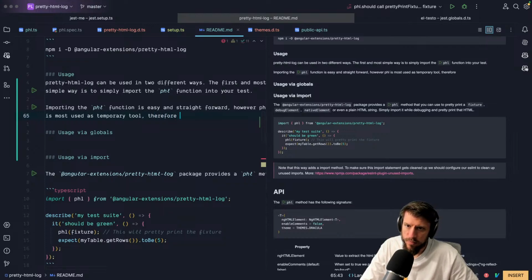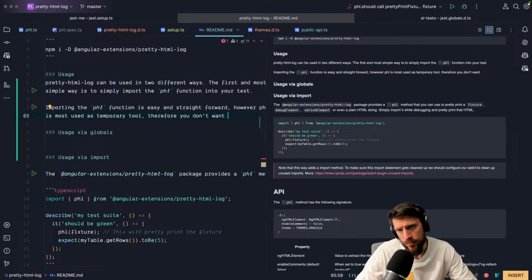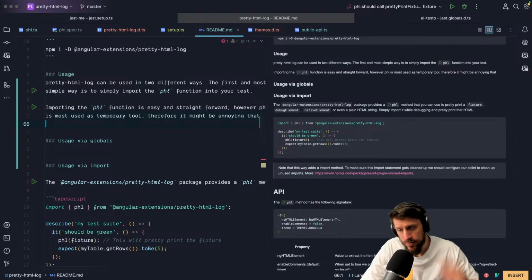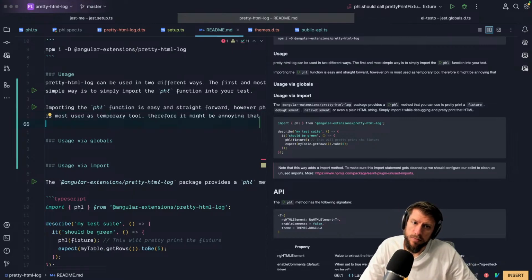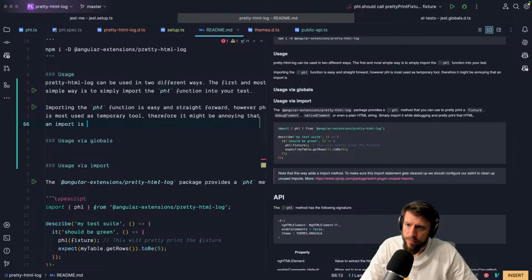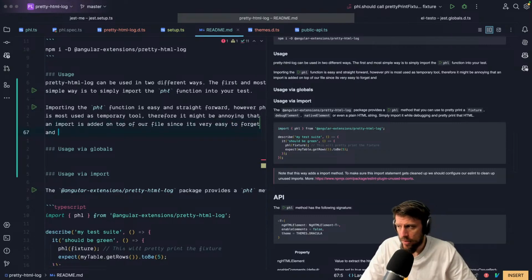Therefore, it might be annoying that an import is added on top of our file, since it's very easy to forget and furthermore